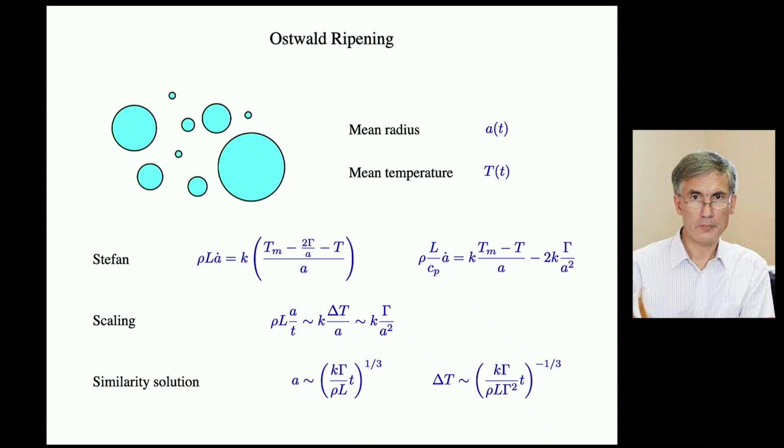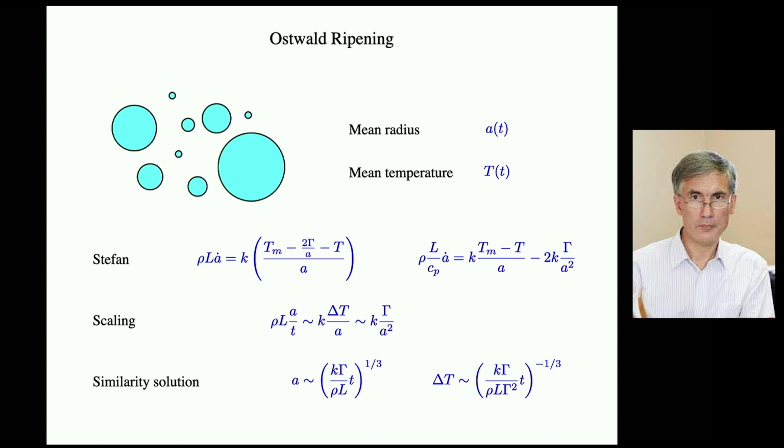T. But the important thing to realize is that this whole system is actually tending towards Tm, the equilibrium freezing temperature. Because I have all these curved interfaces, the temperature of any of these interfaces is below Tm, because of Gibbs-Thompson. Because it's curved, the equilibrium freezing temperature is below Tm, and the mean temperature is below Tm. As the coarsening takes place, the mean temperature will approach